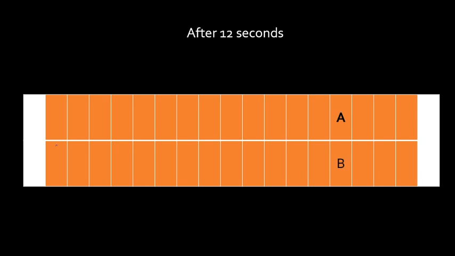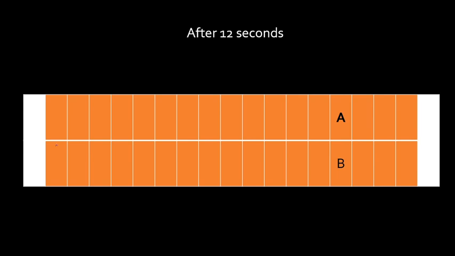Okay. Now next time, both A and B are on the same line. There are two ways of looking at this. When both A and B are on the same line, you can say both are leading, because there will be other participants also. So I can say that both are leading or both are trailing, right? Since there are only two participants here, I'm going to say both are leading the race. It is not that only A is leading the race. It is not that only B is leading the race. Both A and B are in the same position, which means both are leading the race.